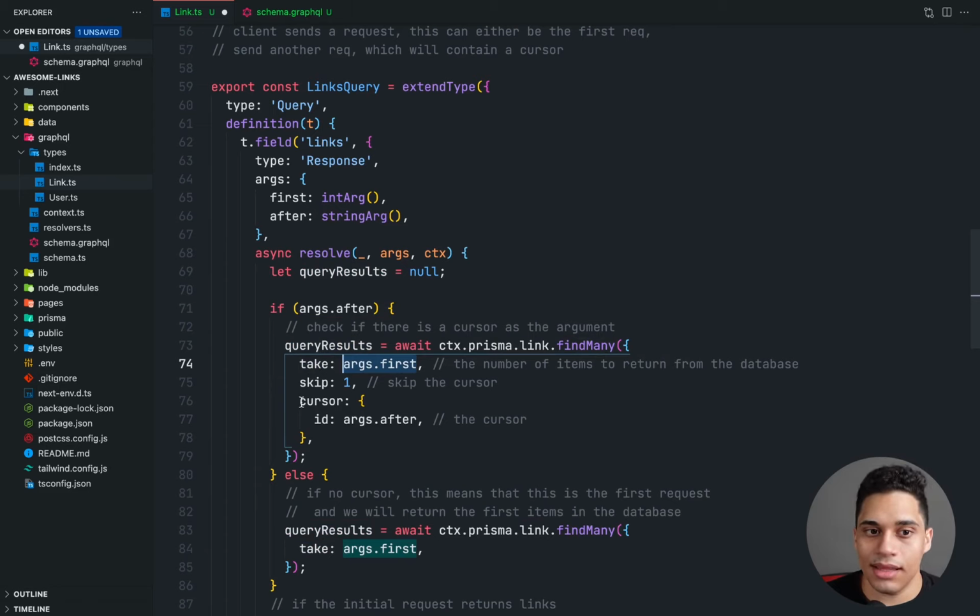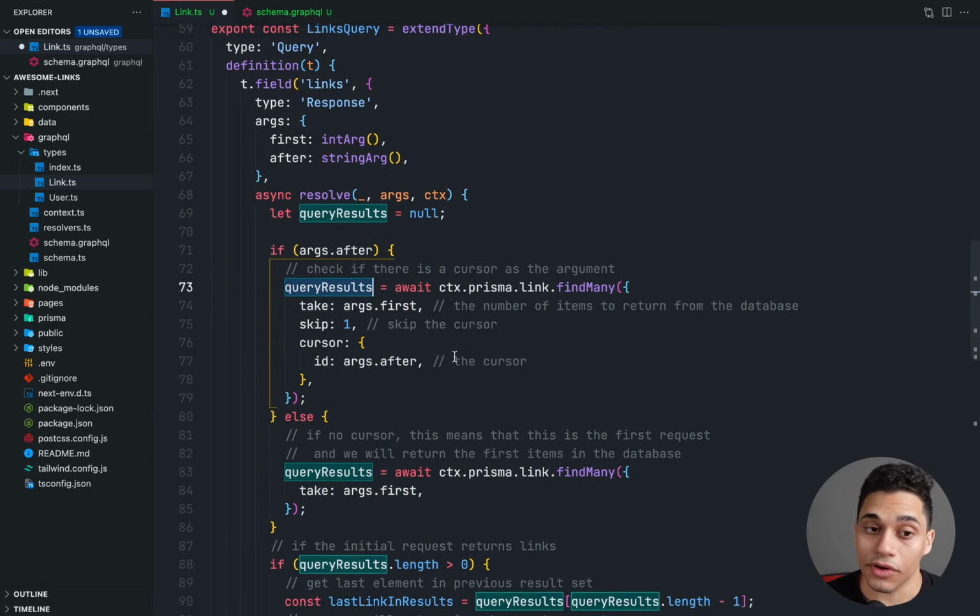Then I'm passing in the cursor, saying that the ID is args.after, which will be passed from the client. If it exists, we're going to run this query, and queryResults will have